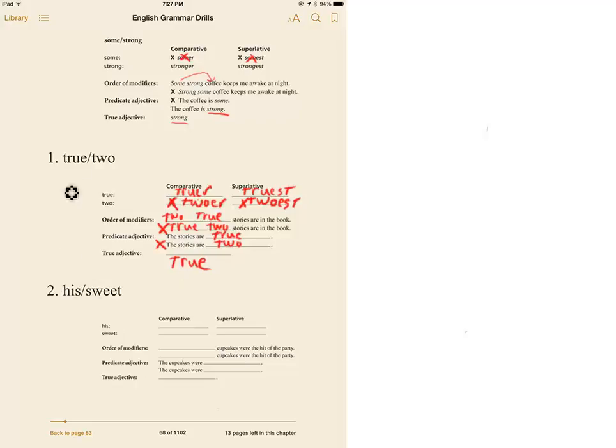Each one has 2 adjectives that they give you. One is a true adjective, like this one, and one is not a true adjective. And so go ahead and walk through these exercises, and good luck. If you have questions, as always, come before class or before school, and I will help you out. Good luck, and I'll see you in the next video.